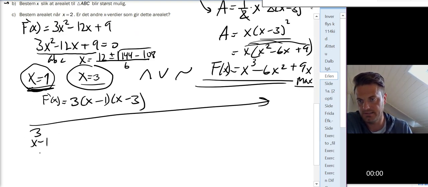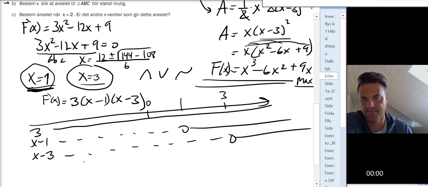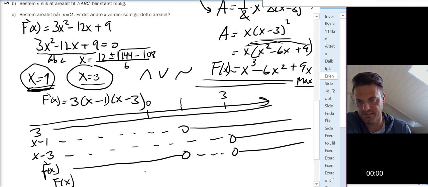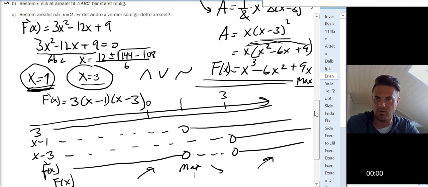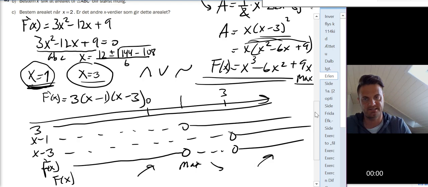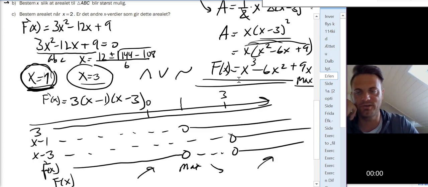Sorry, like this. Kind of boring, but so then we know the sign of the product, which is the derivative here. So it's plus, 0, minus, 0, plus, which means that the function is increasing, decreasing, and increasing. So this is the maximum point. And what was the question? Decide x such that the area is maximized. So the answer is x. This was the maximum point here, x equals 1. And I think I will make a new video for exercise